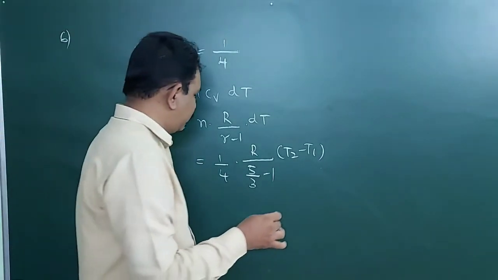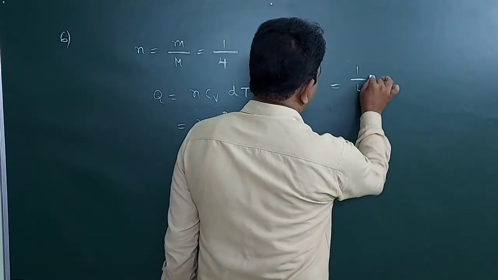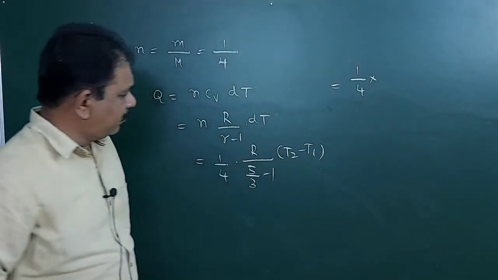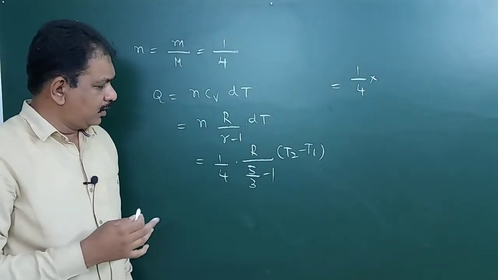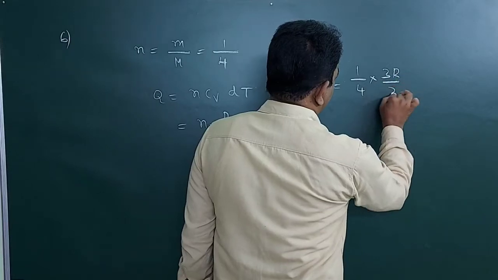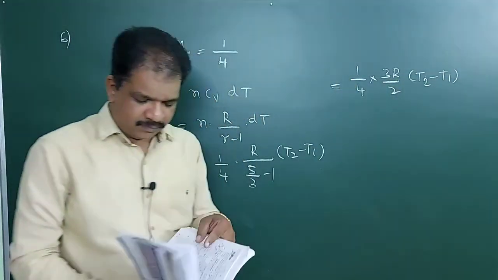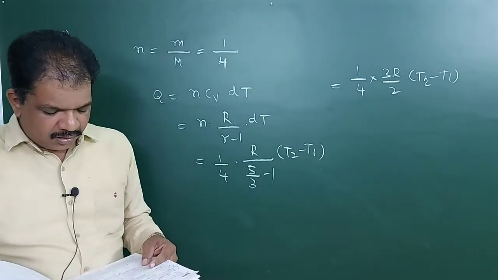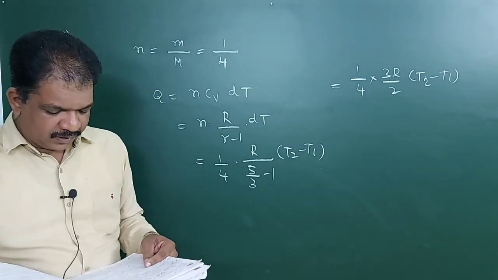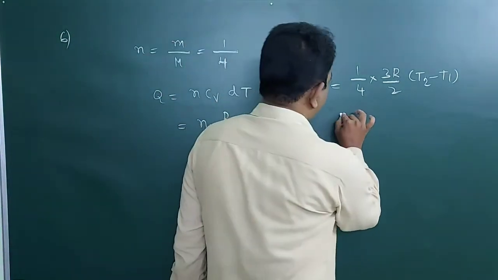So how much will we get? 1 by 4, R in the numerator, gamma minus 1 is 2 by 3, which means 3R by 2, into T2 minus T1. So finally we will get 3 by 8